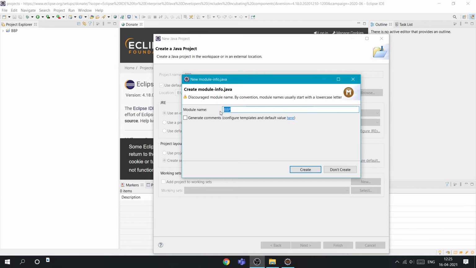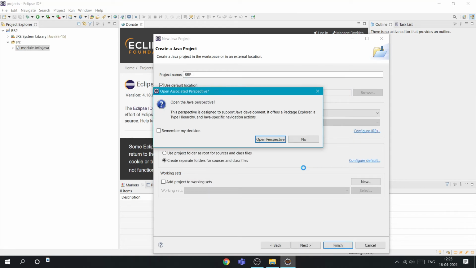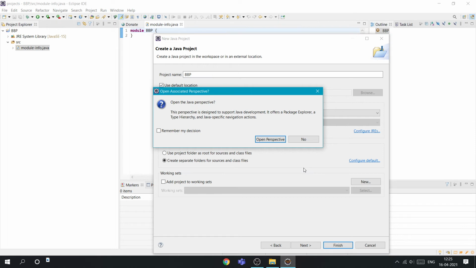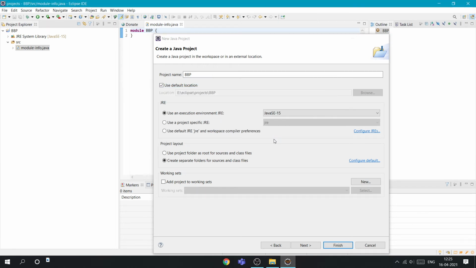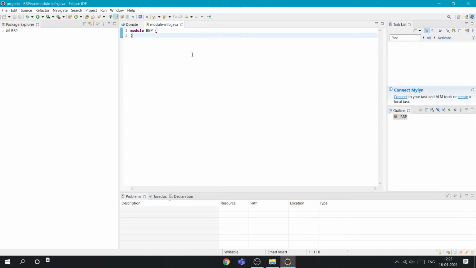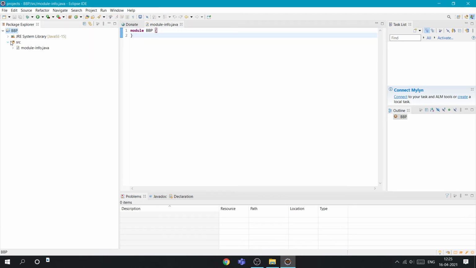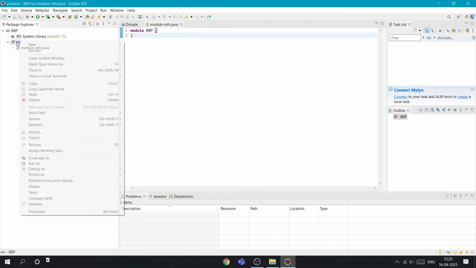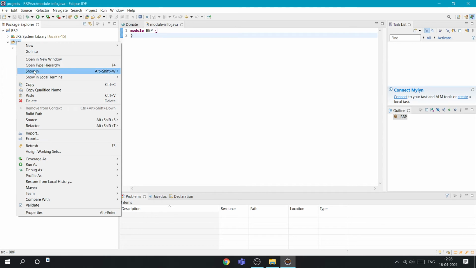Actually this is a module source. Right click on the source.